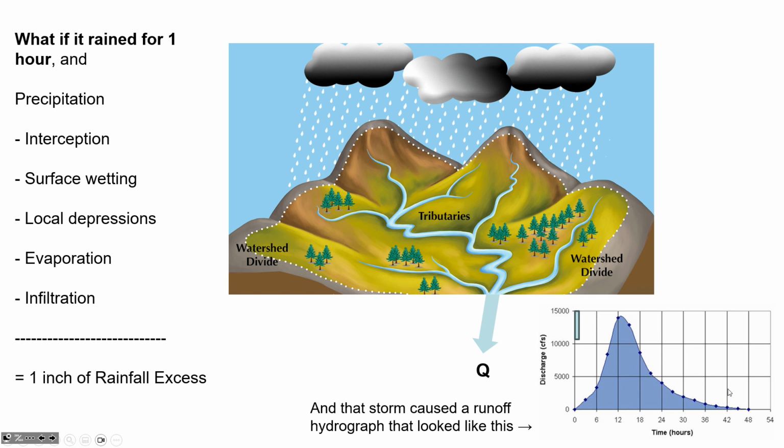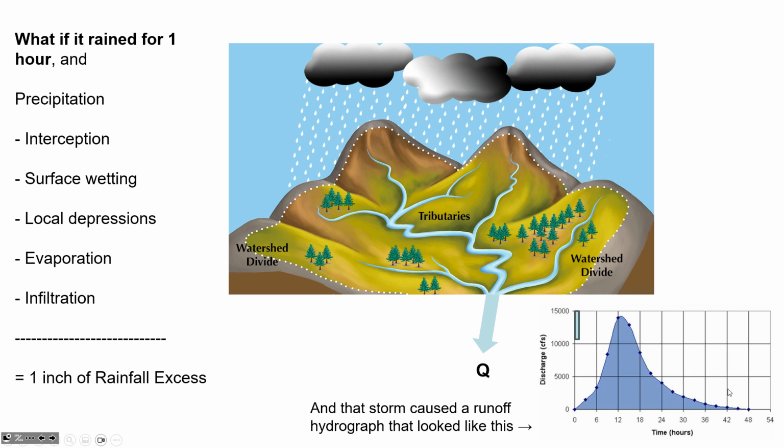What's useful about this is that if we had 2 inches of rainfall excess in the same 1 hour period, what we could do is say, let's just assume now that the hydrograph is double, that the same timing occurs if it's 2 inches of rainfall excess in a 1 hour period. What we're going to say is that this method that we're going to talk about today, the unit hydrograph method, just assumes that there's a linear relationship between the amount of rainfall excess and a previously established response, stream response. Or if it was half an inch of rainfall excess, then the curve would be half as